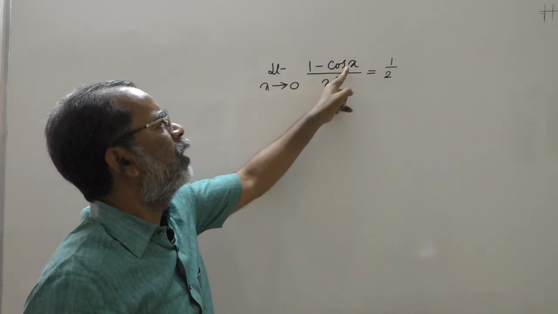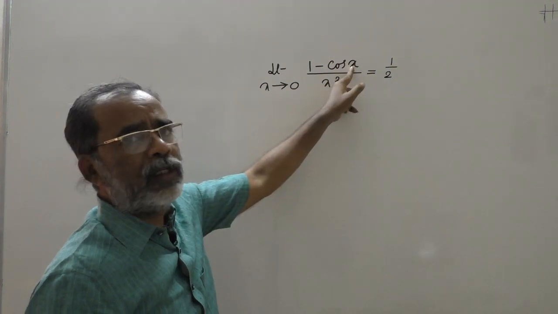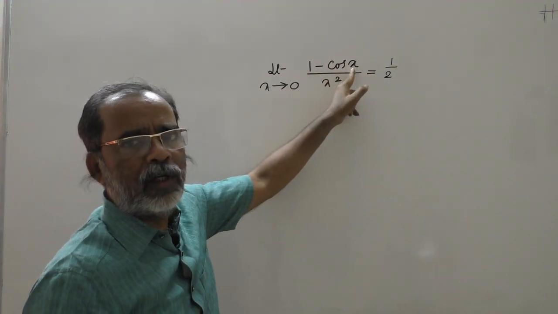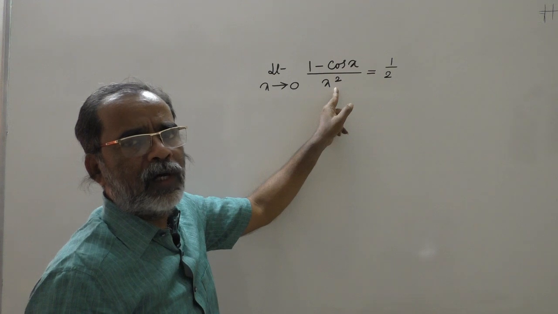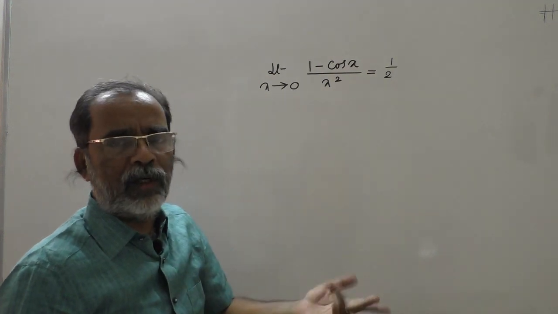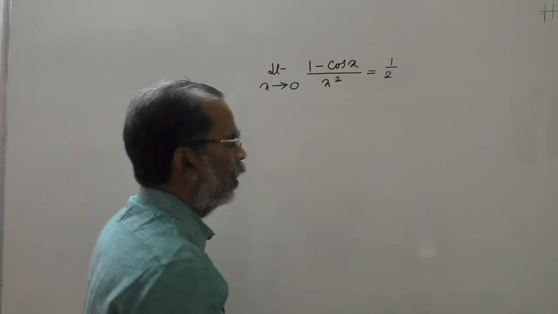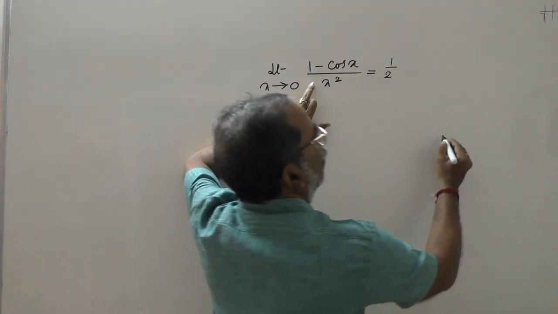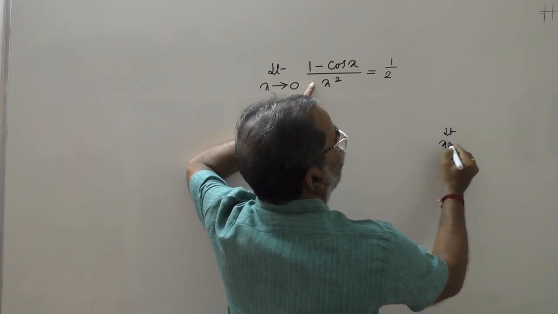If you write the limit in this, cos 0 is 1, 1 minus 1 is 0. Denominator is also 0, 0 by 0. You can use L'Hospital rule. If I use L'Hospital rule, limit x tends to 0,